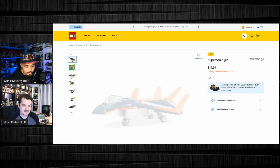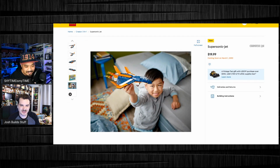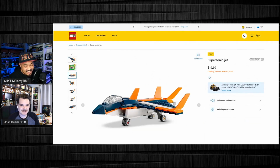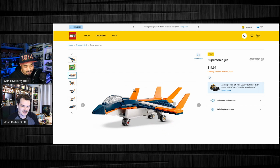Here's one for you. A Supersonic Jet. I'm not excited. Not as happy as this kid right here. I feel bad because I literally was just saying in another plane video, I want bigger Lego planes. But then I see this and I go, but not this one. If they just took out these stabilizers on the wings, it would be a fighter jet, easily. Right, but it can't be a fighter jet. I mean, this is an F-22 if you just take out these stabilizers on the wings. I don't know what plane would have these like that, but...